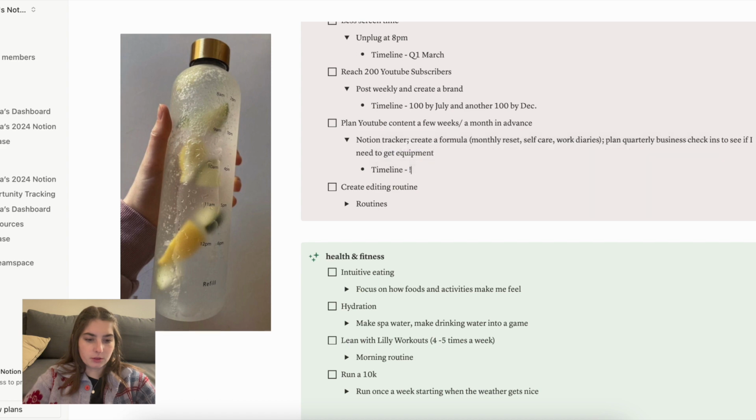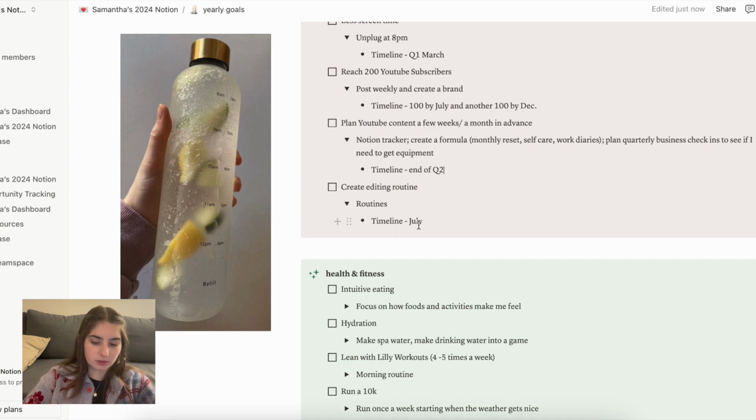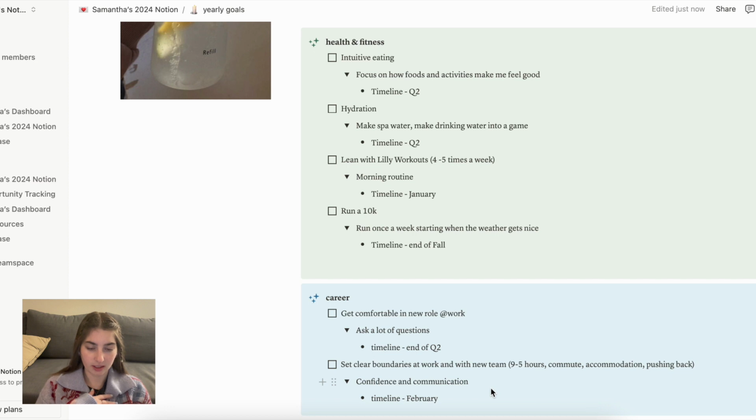End of Q2. Whoa. Okay. And then I want an editing routine. And I'm also going to say end of Q2. Get into health and fitness, into intuitive eating, and I want to focus on the foods and activities that make me feel good. If I eat a lot of dairy or sugar, it affects my ulcerative colitis, which is my autoimmune disease,